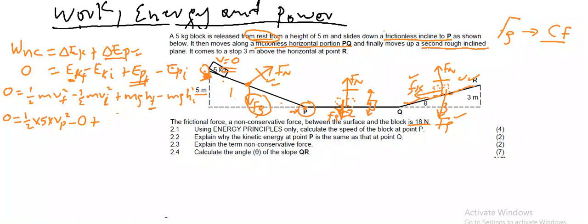This is the initial position, this is the final position. The height here is 0, therefore this whole term is 0, minus the mass, which is 5, g is a constant 9,8, times the height here, which is 5 initial. Then we calculate: 0 is equal to 2,5